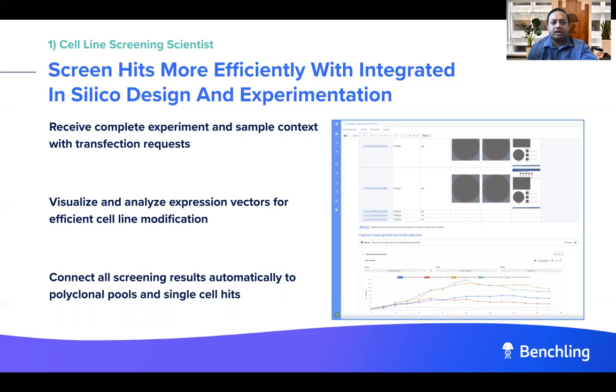This prevents unnecessary back and forth communication between teams, and a scientist can thus start their transfection experiment promptly. Second, with our molecular biology application, you get access to a comprehensive suite of the latest in silico tools to design and optimize transfection vectors in a high throughput manner. This cuts down the need to use a variety of different molecular biology tools, reduces manual effort, and boosts throughput